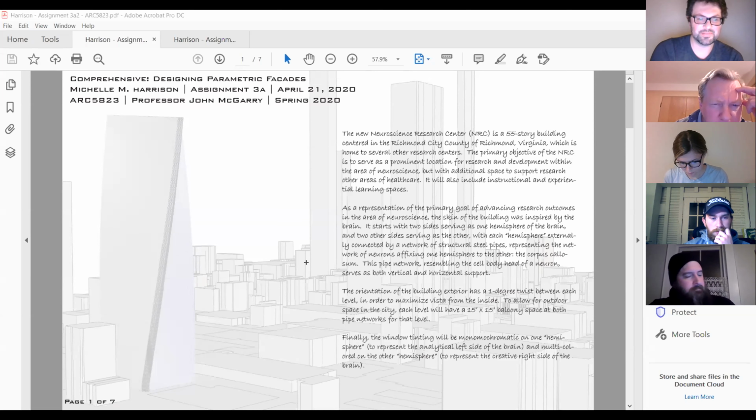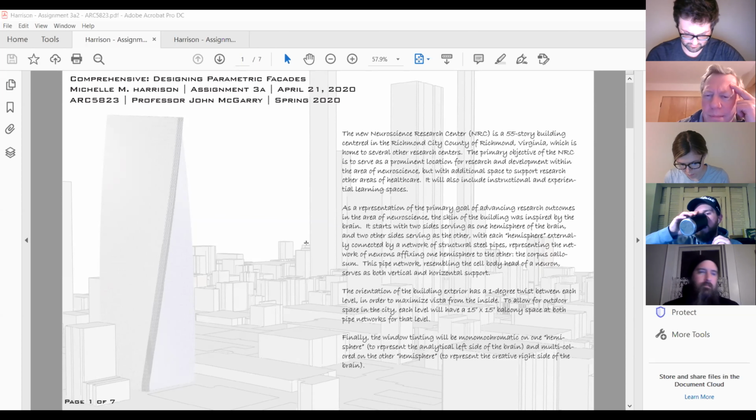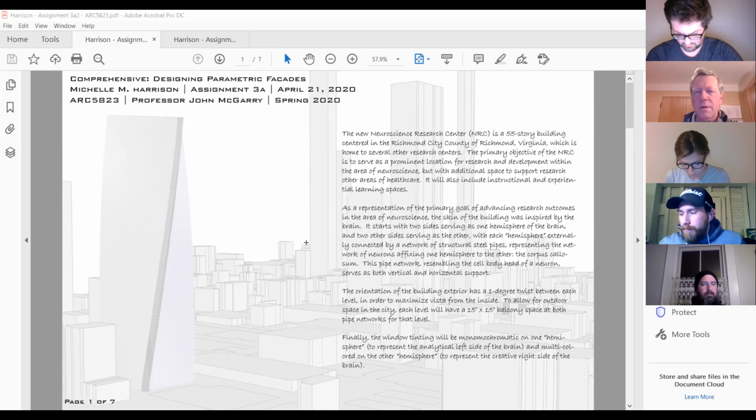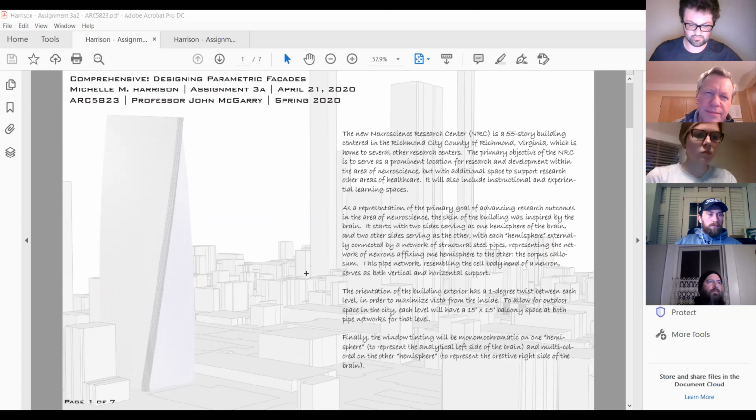This is situated in Richmond, Virginia, the city, and it's a center of excellence with regard to research. We have several biotechs, several other research centers, and a prominent school that does lots of research in IRB and things like that. So we are constantly looking for more research spaces. Going with the flow on this, an area we could look into is a neuroscience research center, but it'll be used for other things, instructional spaces and so on and so forth. As a representation of the primary goal of advancing research outcomes in neuroscience,